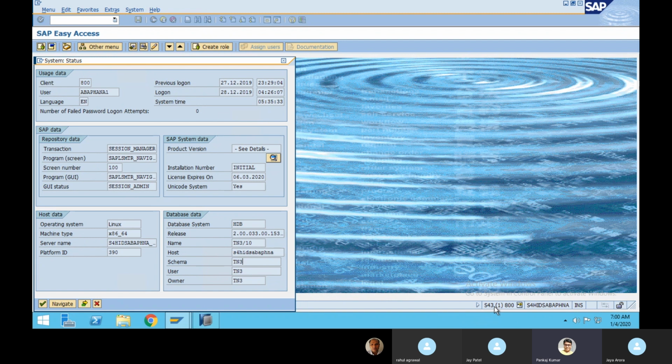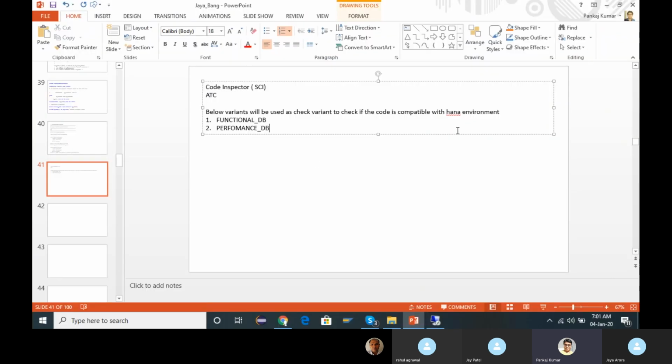The first three letters will be SAP, and the last three letters will be your system name. So the schema name will not be TN3, actually it should be SAP S43. Okay, so it's a good interview question. Just remember it. What is the schema name?